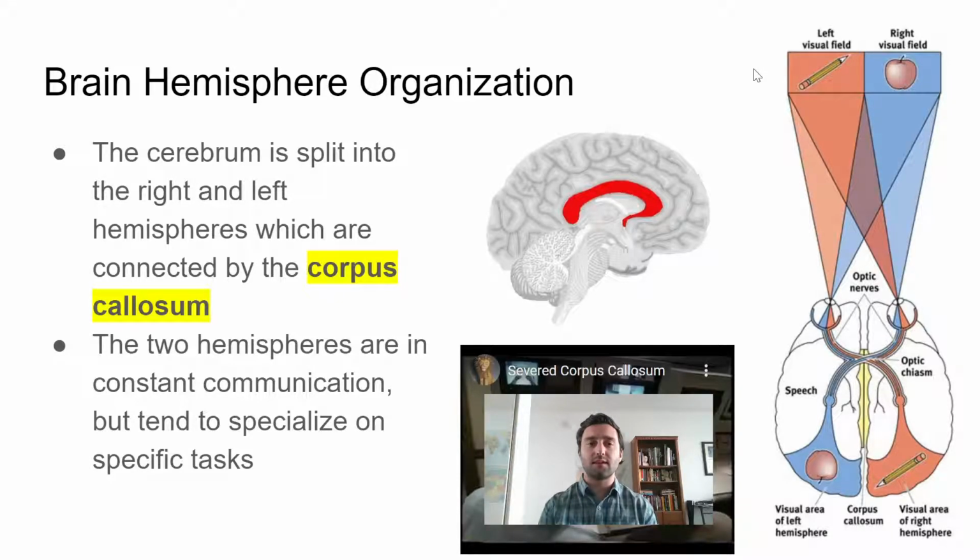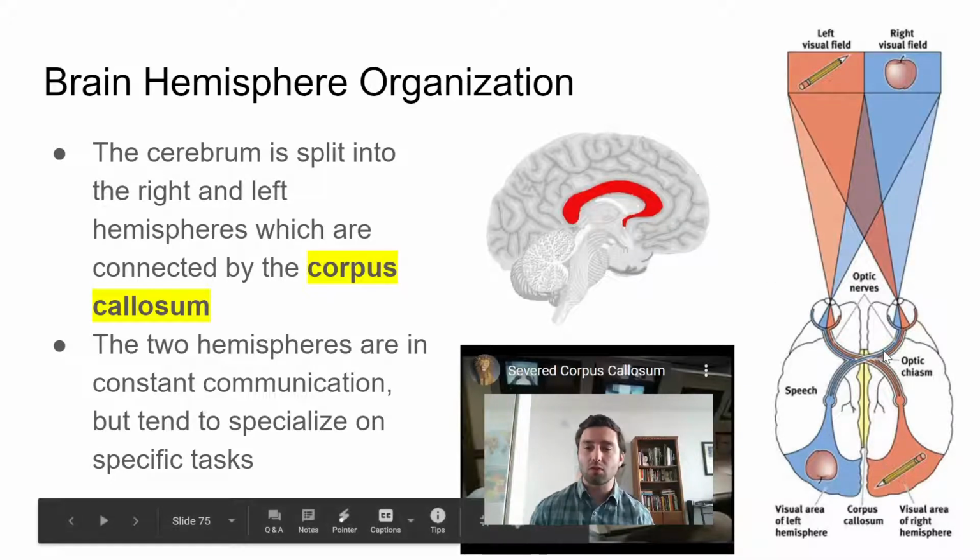One important part of the brain that we haven't talked about is the corpus callosum. The corpus callosum is the piece that connects those two hemispheres and allows them to communicate across it. All it's doing is sending messages between the two hemispheres back and forth. We can see the corpus callosum in the bottom right image. It's this yellow area between our two hemispheres. So again, messages will shoot back and forth between that area.